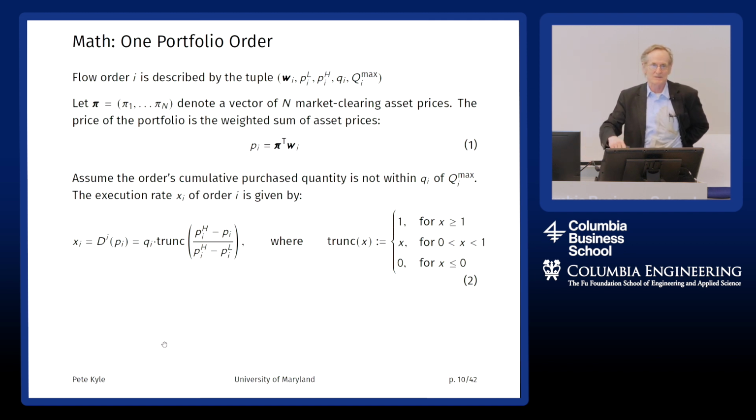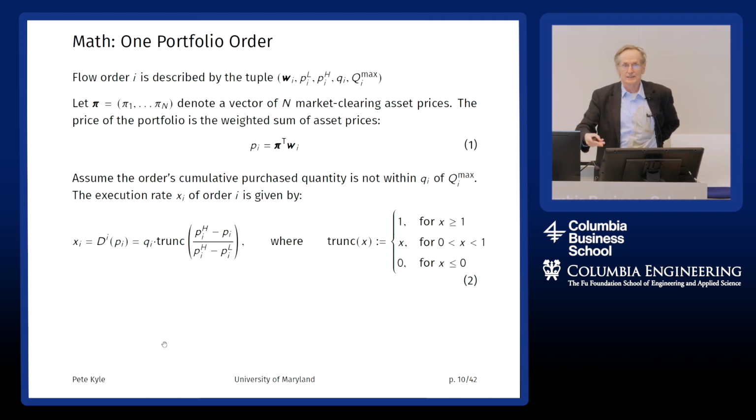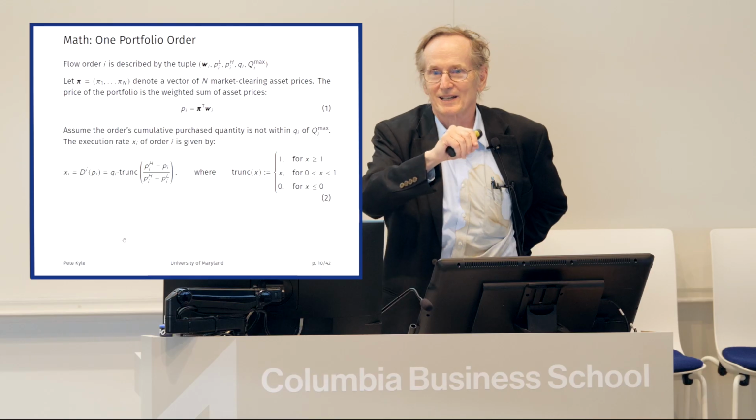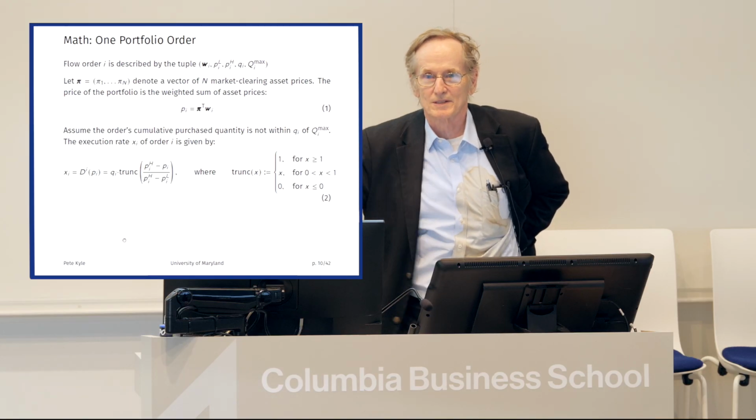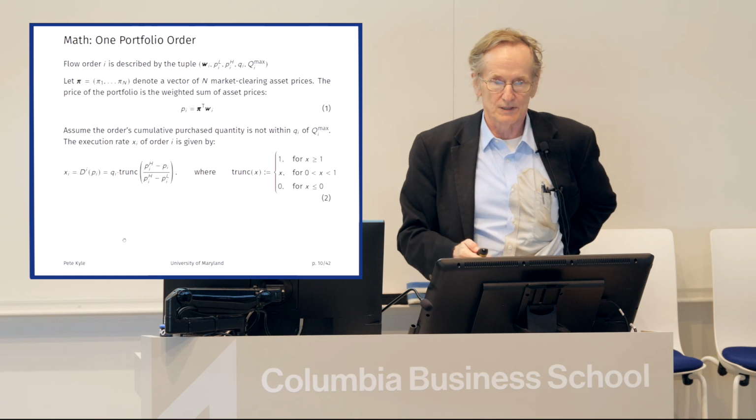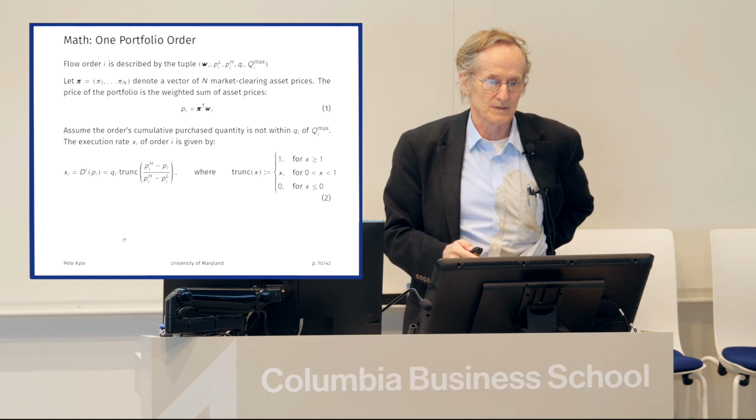If I want to buy the S&P 500, I don't have to find someone who wants to sell the S&P 500. I could buy the S&P 500 by buying little bits, individual shares from 500 different orders in the appropriate weights. When my order to buy the S&P 500 is partially executed, I will buy exactly the same proportion of each of the shares that will respect the portfolio weight. So if I'm half executed, that means I'll buy exactly half of the portfolio weight, in some sense, number of shares for each asset in the S&P 500.